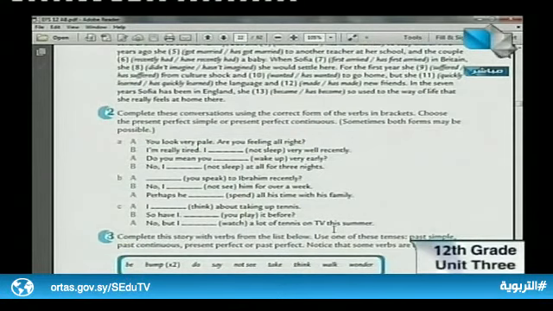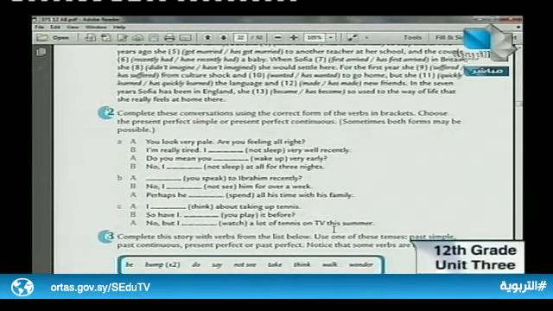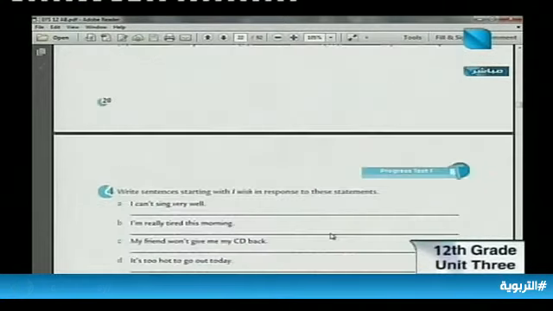Because it is a continuous activity, a continuous habit, maybe repeated behavior. It is repeated again and again. That's why we use the continuous one, not the simple one. I mean, I have been watching, and I'm still watching a lot of tennis on TV this summer. Yes, thank you very much.